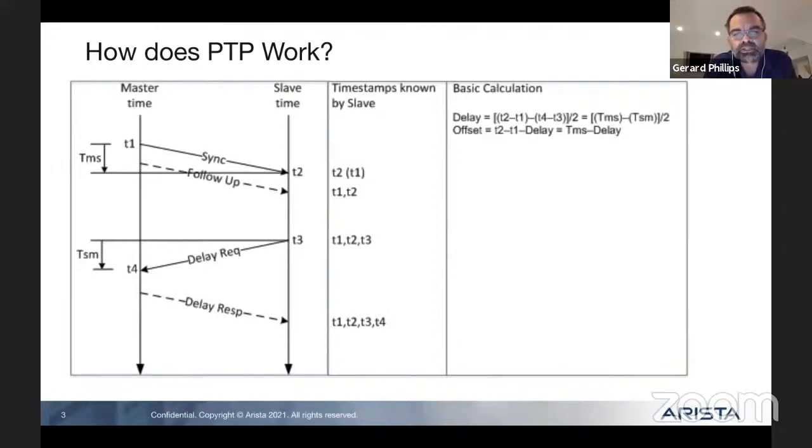So the magic is pretty simple, actually. I'm sorry about the master and slave notation on this slide. I didn't have time to fix this one. The grandmaster sends out the time. It looks at its watch and says, "Oh, it's 3:10," and it sends that message to everybody. It does that eight times a second. So 8 times a second, all the endpoints will receive that time and understand what time it was when the grandmaster sent that time.